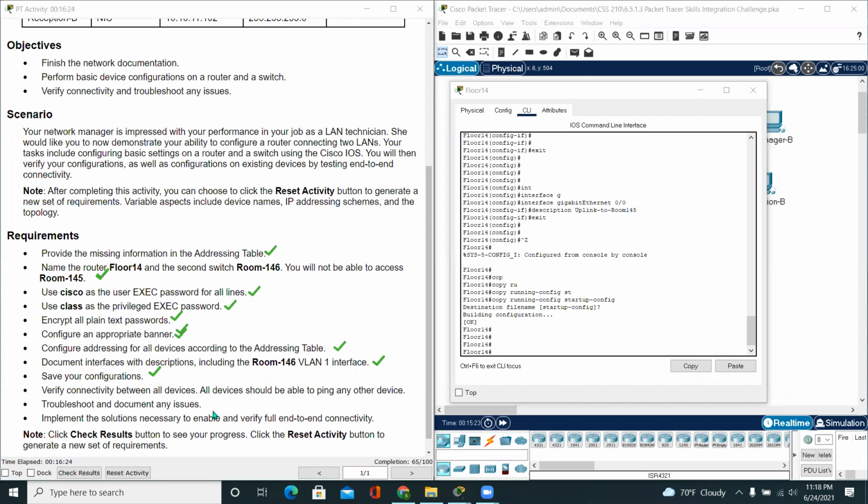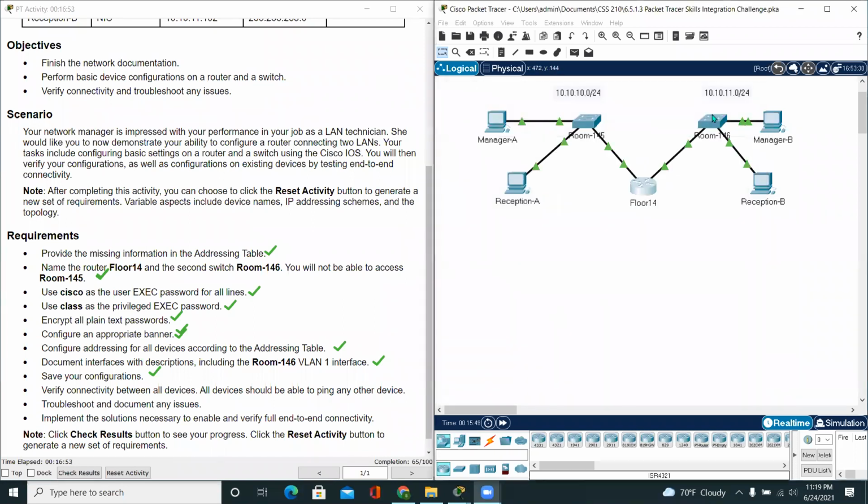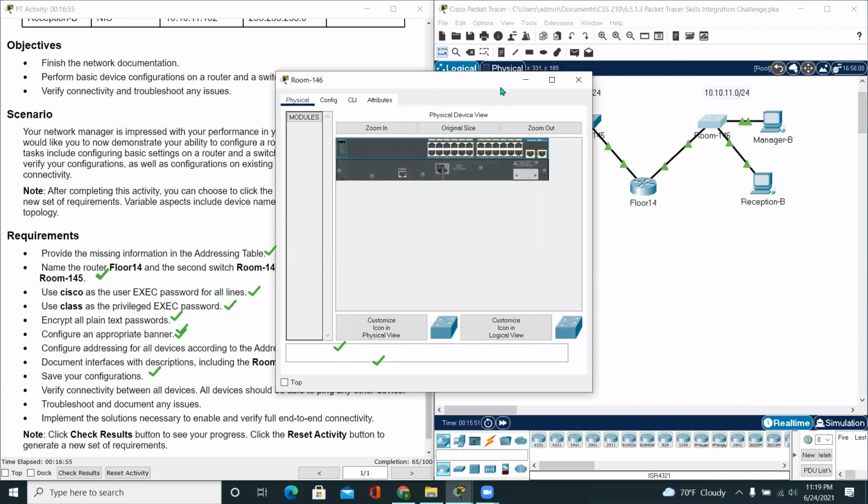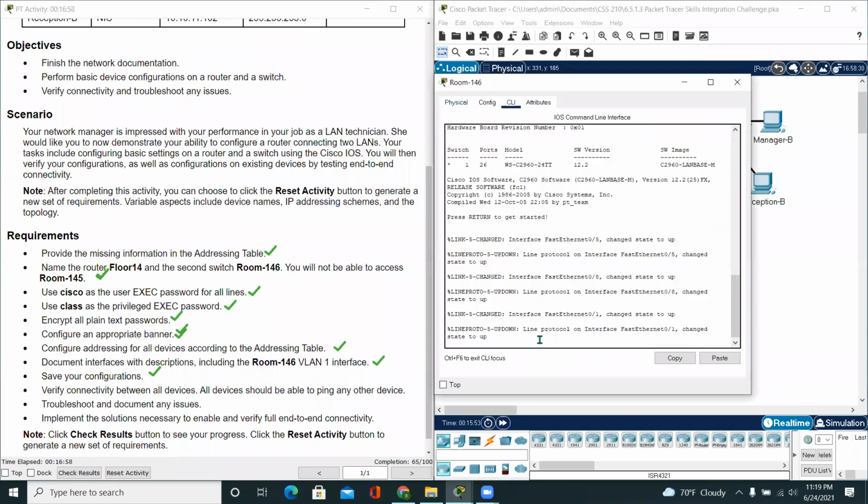Verify connectivity between all devices. All devices should be able to ping, troubleshoot any issues, and implement a solution for end-to-end connectivity. So we just did the configuration of router 14. Moving on to room 146, which is our switch 2. So going back to topology, click room 146, CLI tab,